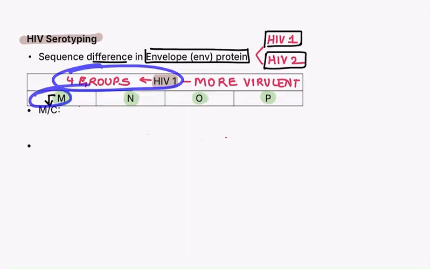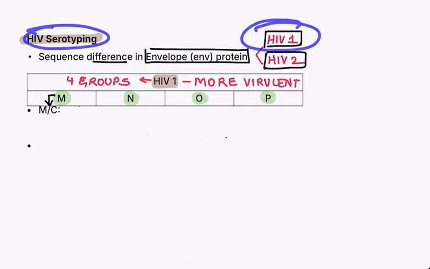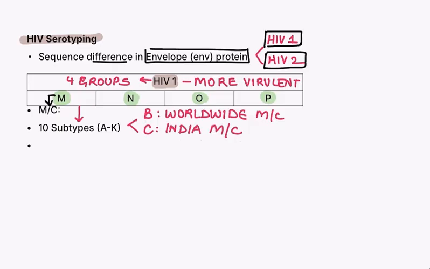So it is group M. Let's assume I'm talking about India. So in India, the HIV 1 serotype is most common. In that, the group M is most common. And amongst the groups, this M group is further made to undergo certain subtyping. Only for the M group, there is subtyping which goes from A to K,